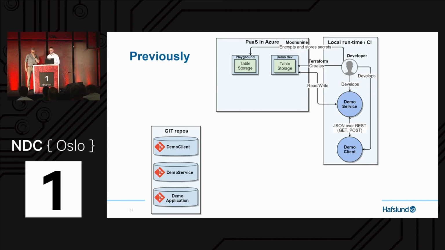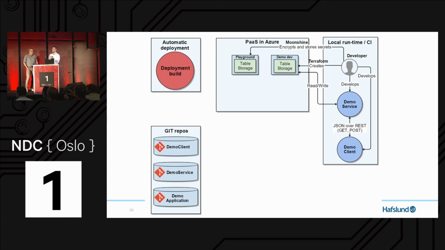All right. So this was where we left off in the previous demo. We had this client and this service working together with a database in our local environment, and we were pretty satisfied and wanted to ship it to production. So what we'll do now is create an automatic deployment build, and this build will just run our master code or our tag for the release, and it will run the Terraform scripts for production,